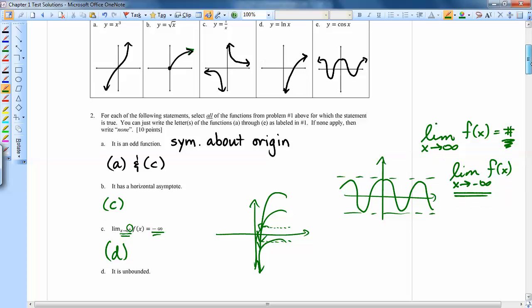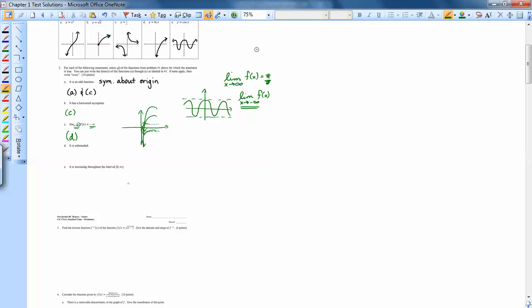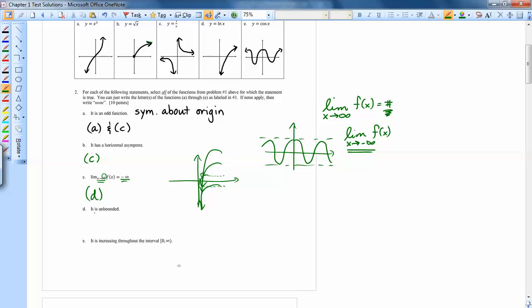Unbounded confused a lot of people. Unbounded means that, let me zoom out a little bit. Oh, that's an awful lot. Unbounded means that it's either not bounded above or not bounded below, or not bounded either way. It could be both, right? Not bounded above and not bounded below,